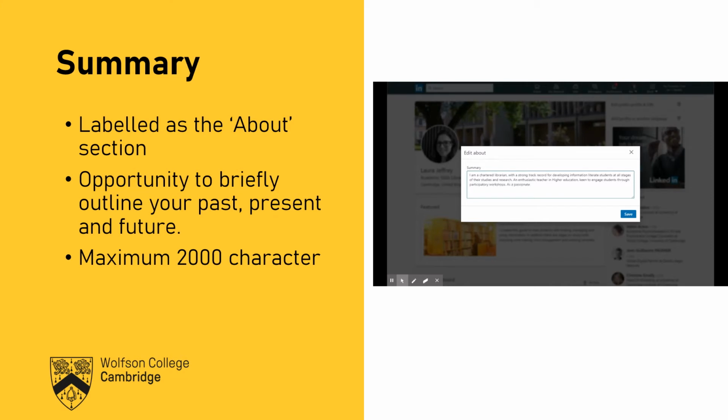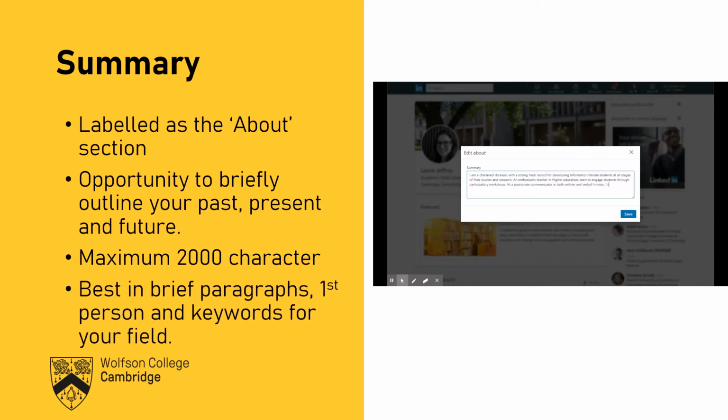Again, there is a character limit, this time 2,000 characters, so you've got the opportunity to go into a little bit more detail. But you can take a step away from the kind of CV style of writing and actually really put something down here to express yourself and to express your personality. So you don't necessarily need to have start dates and titles, but you can use it to put your career choice in context, what you're really passionate about, highlight some of your biggest achievements, show a sort of connection and a thread to what you've done and why you're doing it.